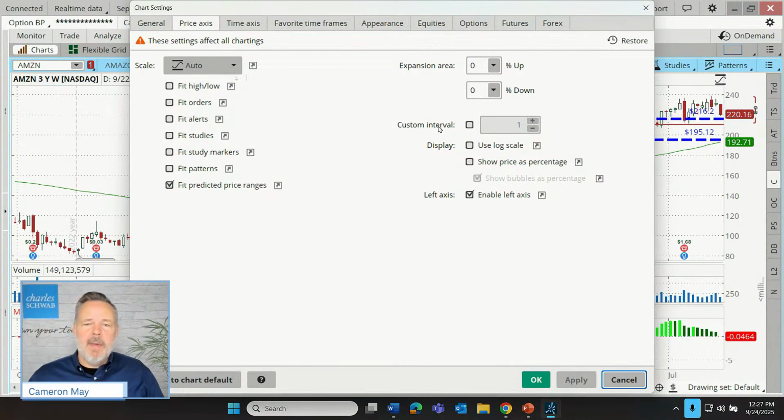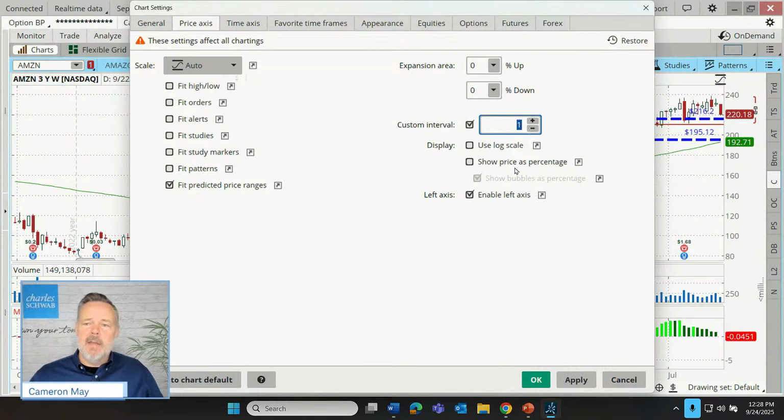And now we're going to talk about this custom interval. What is this? Well, by default, you'll notice Thinkorswim customizes the price intervals. Notice with this stock, with Amazon, it's going from $80 on this y-axis up to 100 and 120 and 140 and 160 in nice even increments that are tailored to Amazon. If you had a stock that was, let's say, a $5,000 stock, going in $20 increments might be too small of an increment, so it would be changed automatically. But we can customize that.